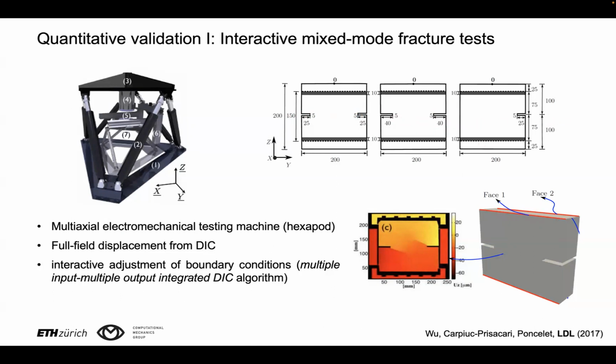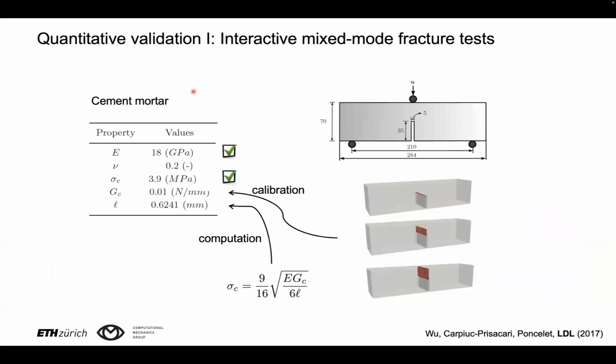So we used this test campaign for quantitative validation of the phase field model for brittle fracture. One of the beauties of the model is that there is a minimal set of parameters which you need to calibrate. Two are the classical linear elasticity parameters for isotropic materials, elastic modulus and Poisson's ratio. Another one is the tensile strength. We determined these parameters through independent testing. And then we have the fracture toughness GC and the length scale involved in the phase field model.